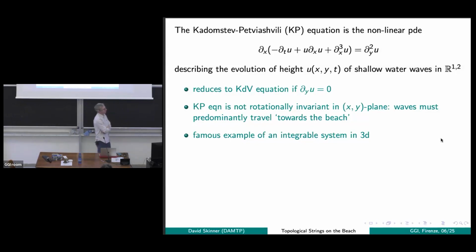These waves, as described by KP, are in a particular regime. In particular, the KP equation is certainly not invariant under rotations in the xy plane. x and y appear very differently, as you can see in that equation. And so there's a sort of preferred direction. It turns out that these describe waves that are traveling predominantly towards the beach. They don't have to be traveling directly towards the beach. They could be coming in at some angle, but they have to be traveling towards the x direction, not away from the x direction, or not perpendicular to the x direction, something like this.